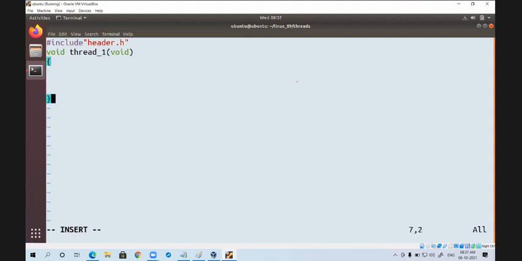I hope all of you know that if you are defining a function above main, there is no need to declare it. thread_one, okay, with a while(1). void main.